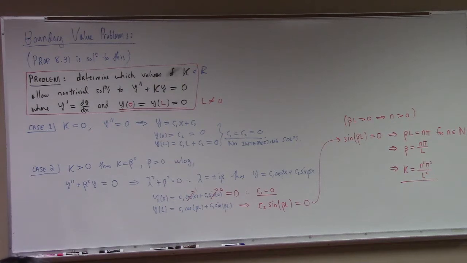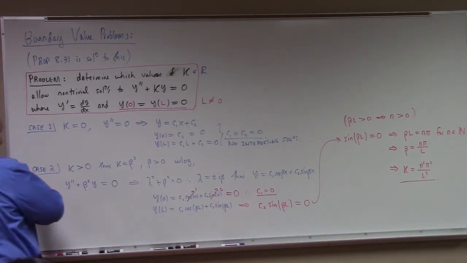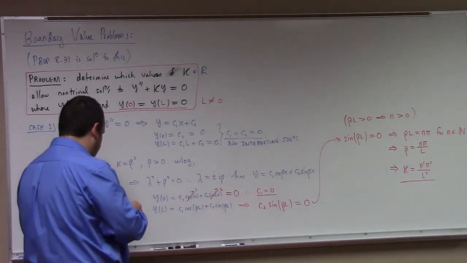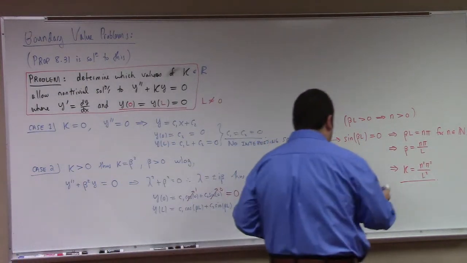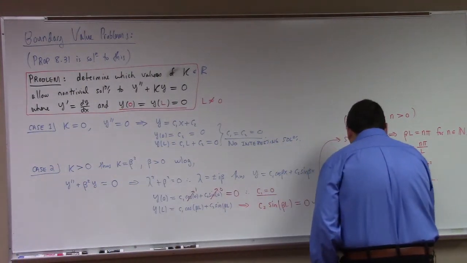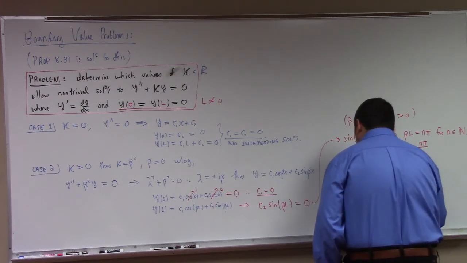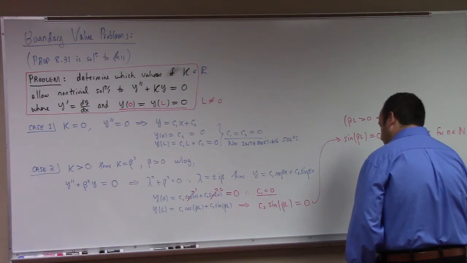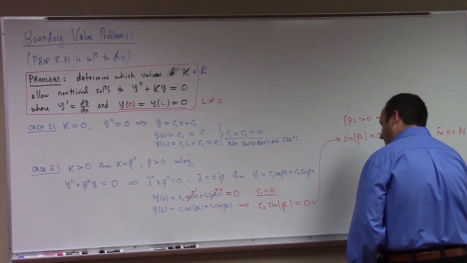Now, you're like, wait a second, hold on, flag on the play. You're not done yet. There's another case. There's a third case, which is K less than 0, right? Let me finish this up, though. What's the solution we found? In summary, we've got y sub n of x equals, how's it go? Well, any constant, really. I'll just drop the constant to 1. So basically, sine of beta x, rather,